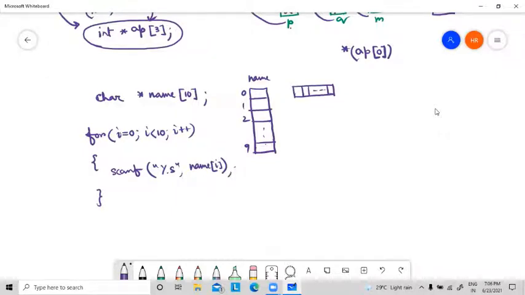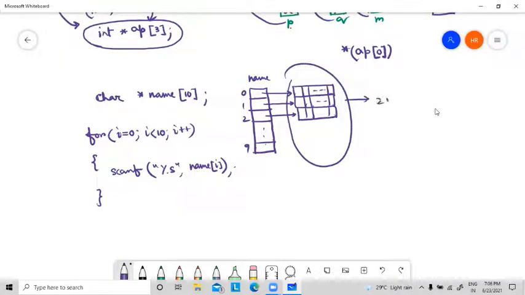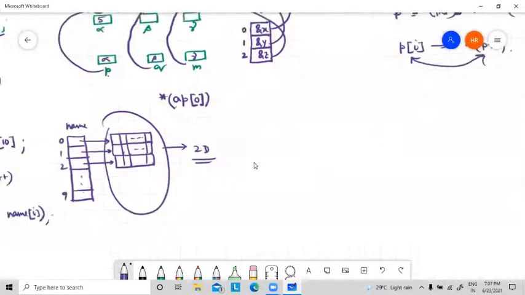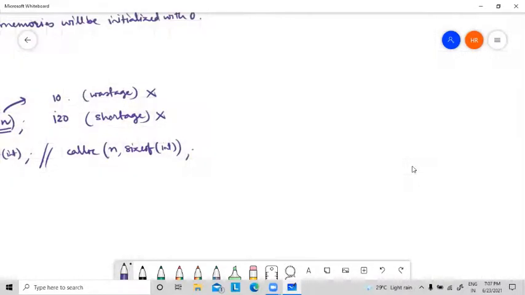Okay. So ultimately this will create what? It will create the next student's name, and the starting address is stored here, so it is pointing to this. Next student's name, starting address is stored here, it will point to this. Next student's name, starting address is stored here, it will point to this. So see, ultimately this one is a 2D array. So ultimately we are creating a 2D array. But when we are going for an array of pointers, the row size is known, but the column size is unknown. And obviously, if the reverse happens,